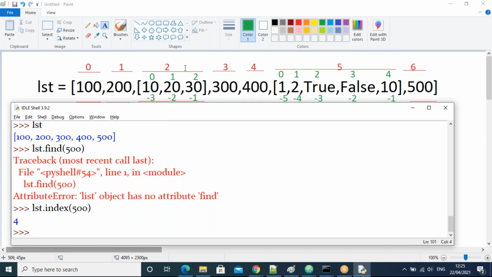Now, is everything clear about the list? Are all of you clear about the list? We spent more time on the list, guys. Why? Because it's the most important of all objects. The list is the most useful in every advanced topic in Python, and in Django also, we mostly use lists.